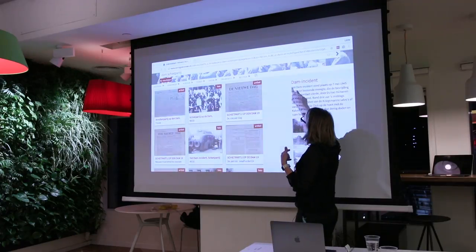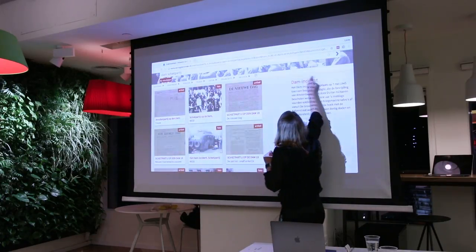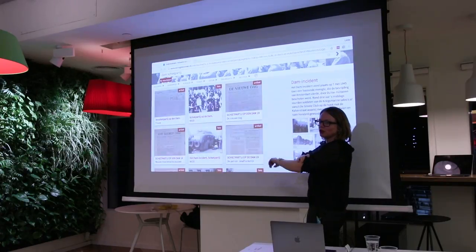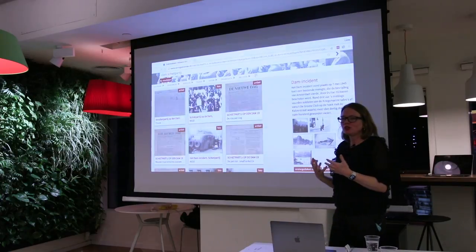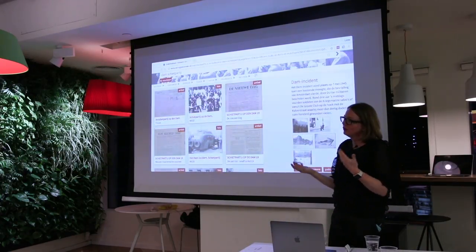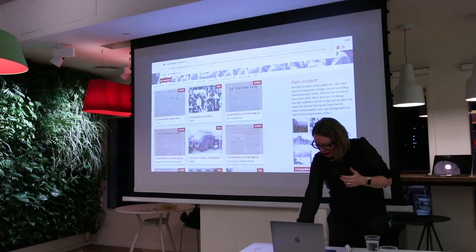And the cool thing about the thesaurus is, and I know you can't read Dutch, but as you can see, I enter a different word there than comes out here. We're using hidden labels and alternative labels to match the different ways people can describe an event with the name we use for the event. So we're really trying to think what the audience would think and then help them navigate through the collections.